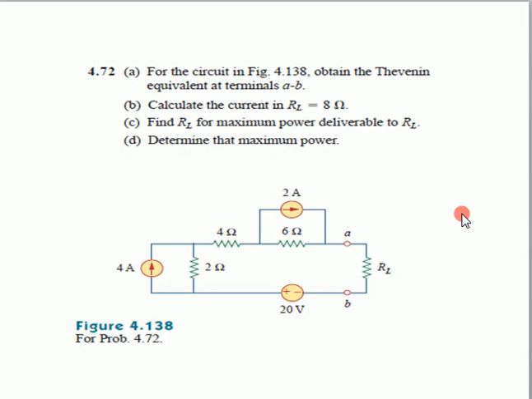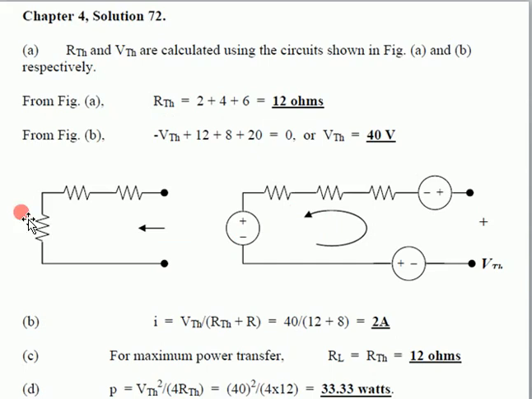First of all, we will obtain the Thevenin equivalent circuit at terminals AB. We will remove this load from here. For the Thevenin equivalent circuit, we have to find the values of R Thevenin and V Thevenin. So first, remove the load resistor. This voltage source will be short circuited, this current source will be open circuited, and this source will also be open circuited, and the resultant circuit will be as this.